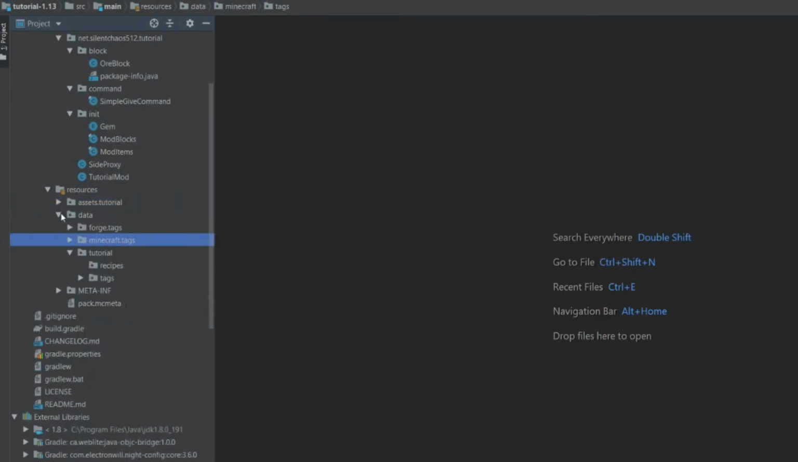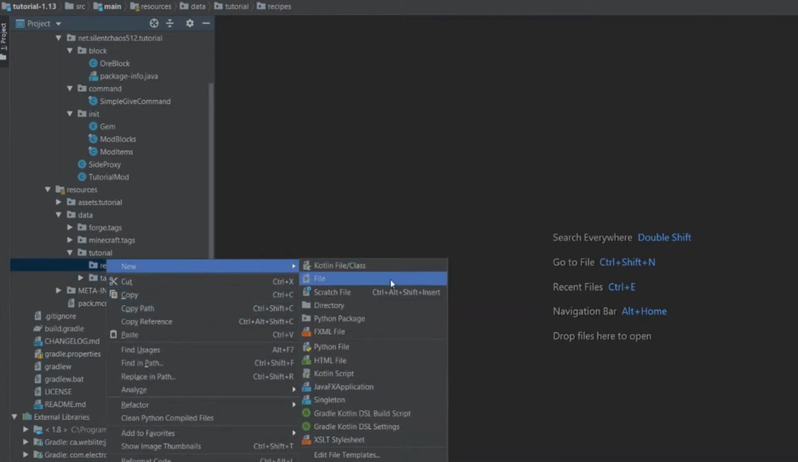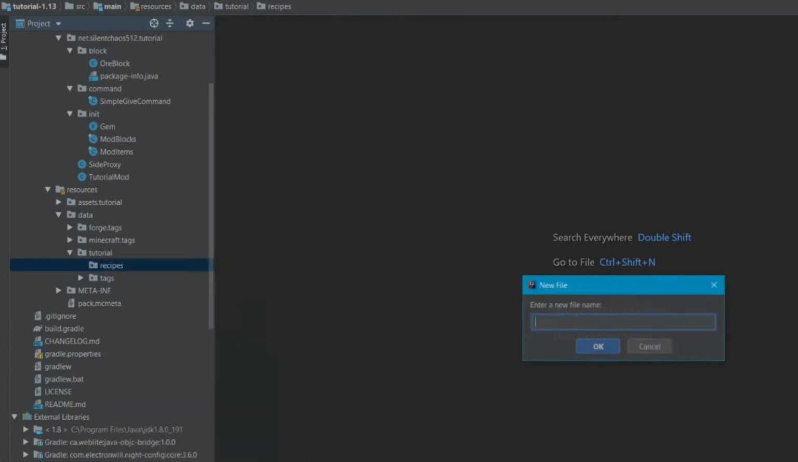So now for our recipes, we're going to have a folder in data. So we're going to have one titled after our mod ID, and then we're going to have a recipes folder inside of that. So we want to be able to craft the gem items into gem blocks and back, and we want to be able to smelt the ores. So let's go ahead and start with